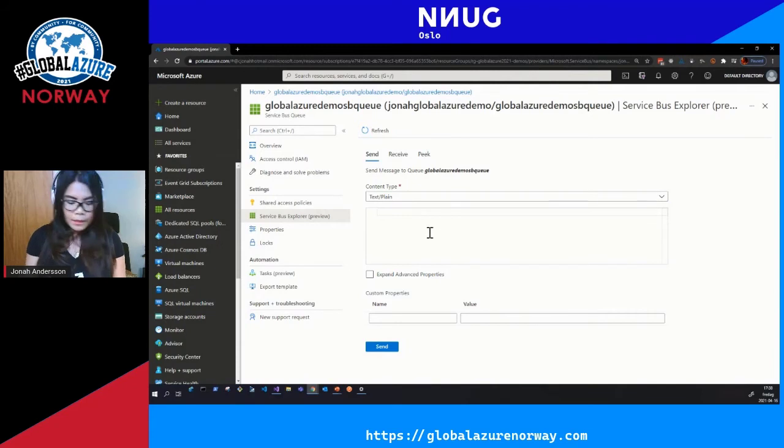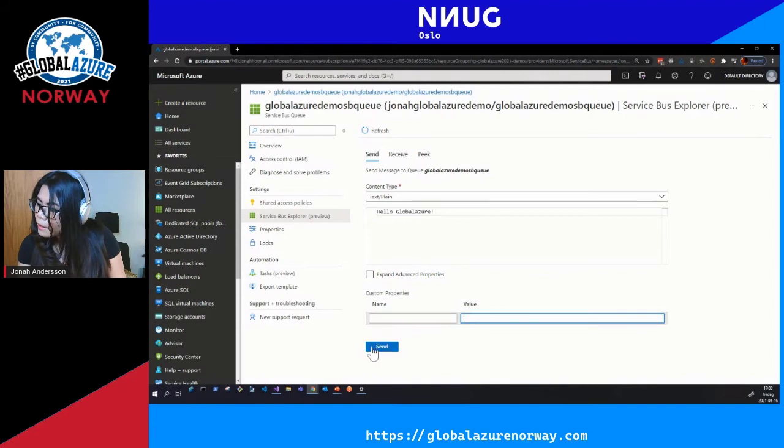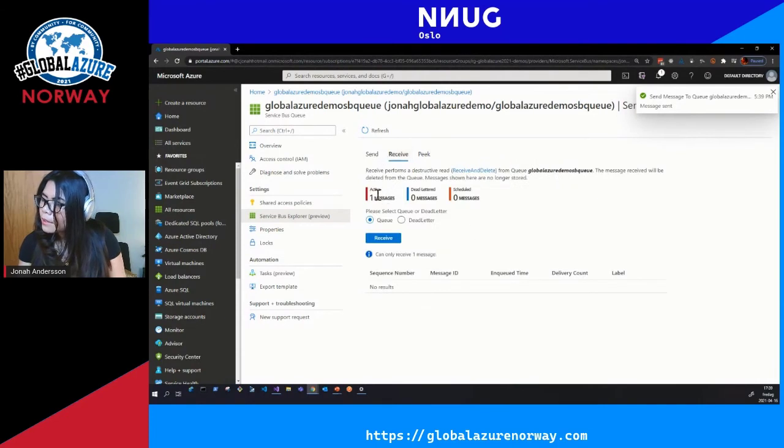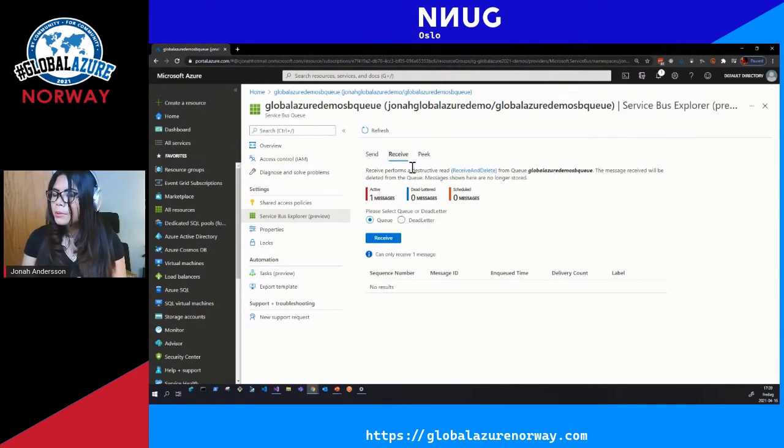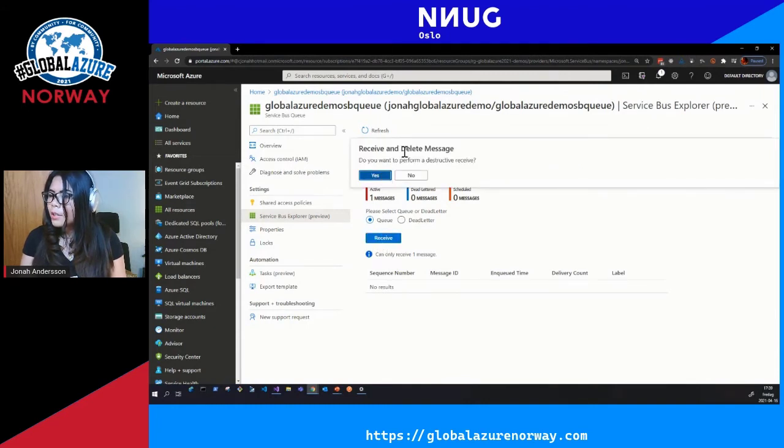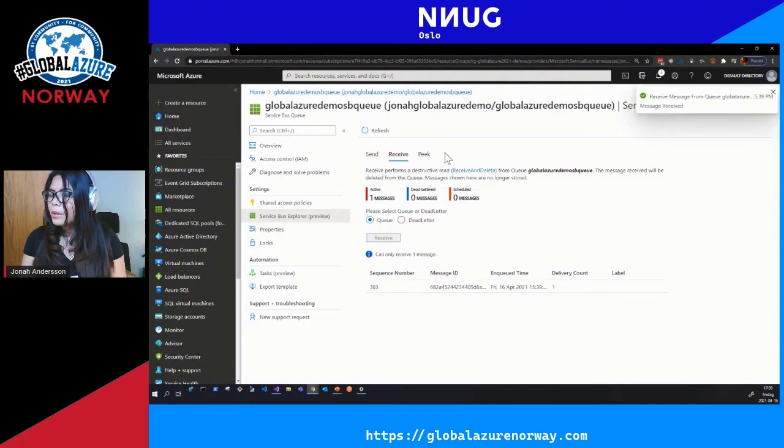For example, I'm going to say hello globe, and send it. It's like a user interface without code. You can receive it, and then you can choose if you want to perform a destructive receive, or you can peek it.